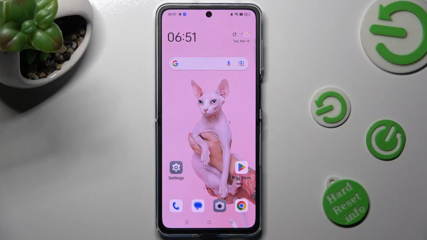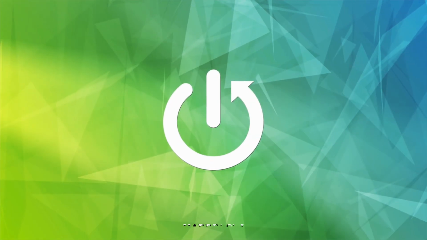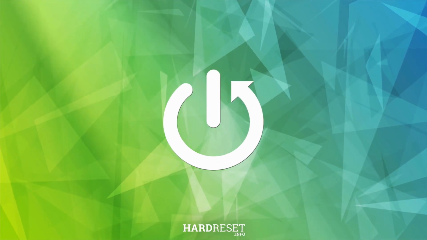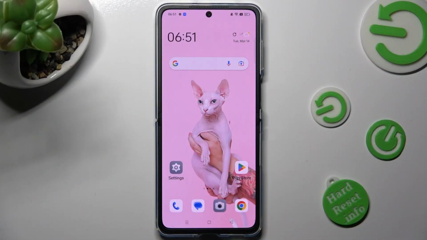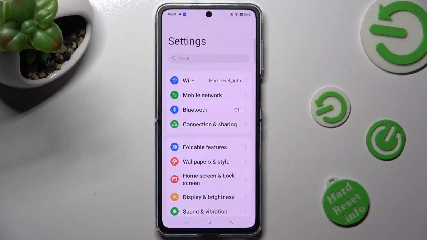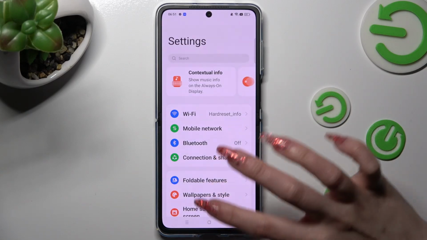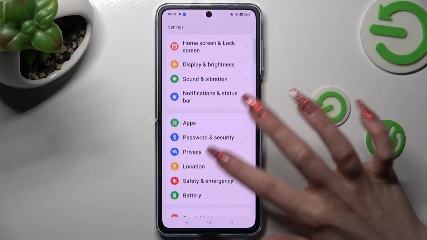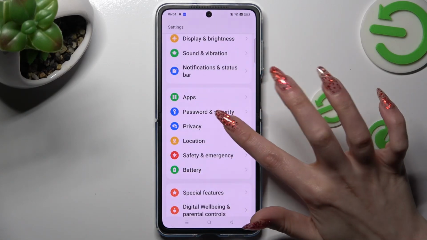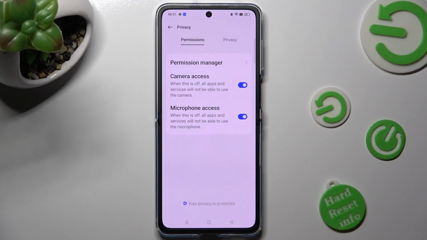In front of me is OPPO FIND N2 FLIP, and today I would like to show you how you can manage apps permissions on this OPPO. You need to begin by opening Settings and scrolling down to access Privacy section. Then tap on Permission Manager